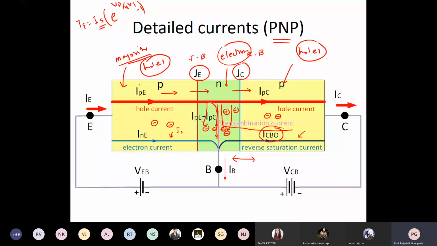You interpret it like this. This is because of the holes, that is, a P type, which is the emitter. This is again P type, which is the collector. So these are currents corresponding to holes in the emitter and in the collector. Most of the time we neglect this, so we get to have something very simple. But before that, I would like to tell you something about the transistor parameters, which are later simplified further.